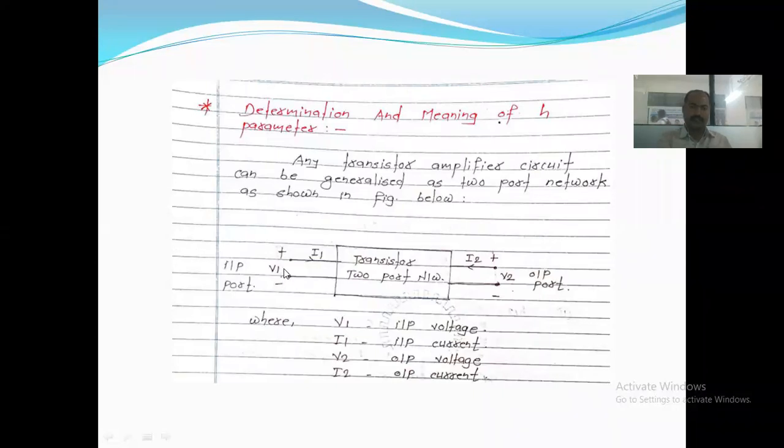In this case, due to the increasing current, V1 increases. So V1 is a dependent variable. Another thing, I2 is also a dependent variable. What it indicates is that when V1 is applied, V2 increases, which means your I2 also increases. So the I2 value depends on the value of V2. That's why I2 is a dependent variable. It means the I2 value changes due to the change of V2, so I2 depends on V2.